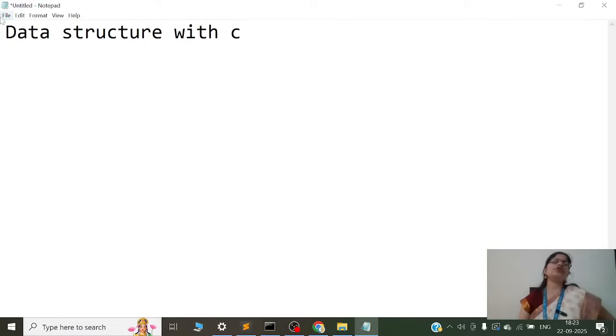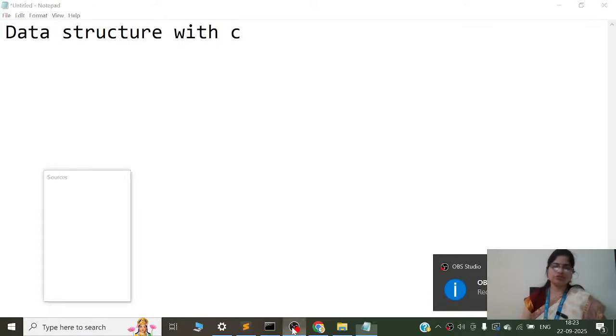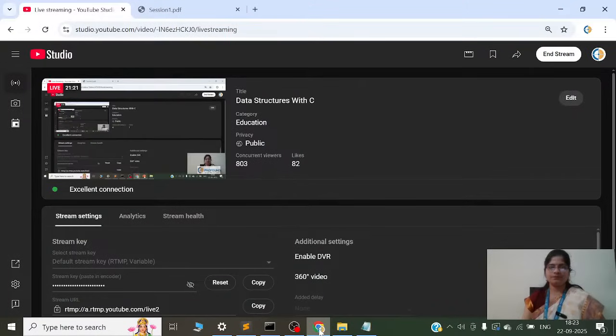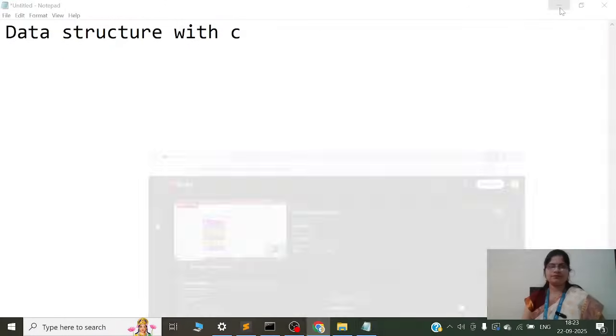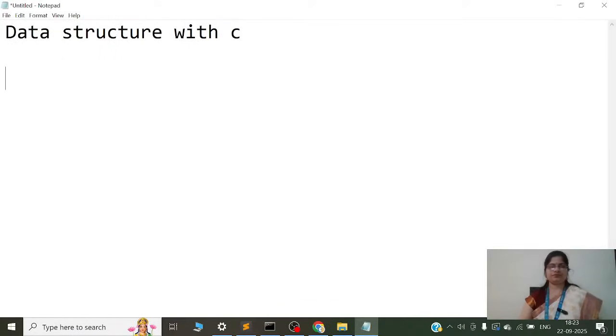As you are going to start the session, or you are going to learn data structure with C, first of all we are going to revise. The students who have pursued a degree in computer science, IT training, they might have gone through the C programming language.